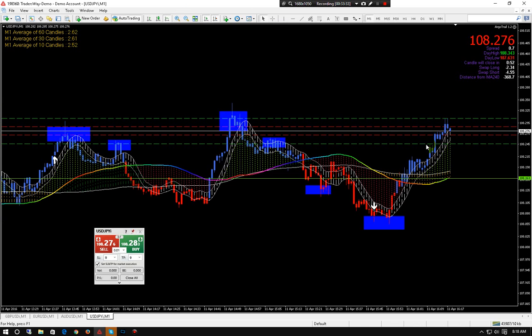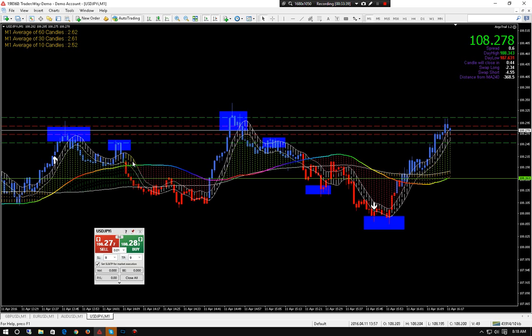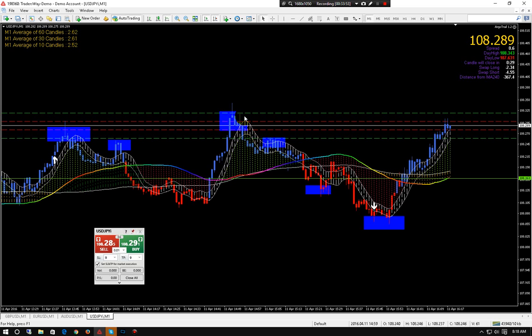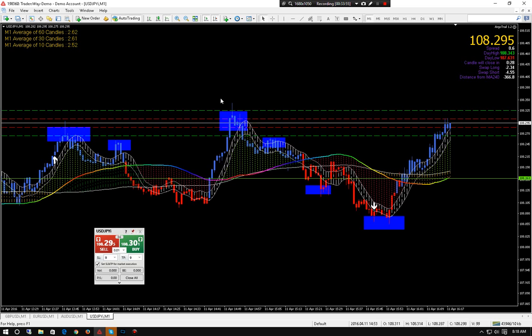Well, we missed. This one is weak, ranging. Again, this is UJ. How can we tell it's ranging? We're seeing a multitude of colors. Until we see a good run forming, stay out of it. The other thing is, if we wanted to get into this one, did we have a trade here? No, we wanted to wait till price came above here.